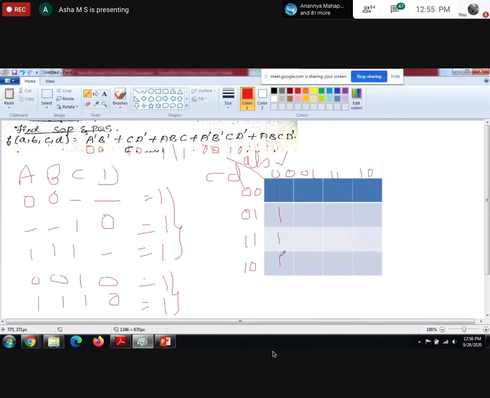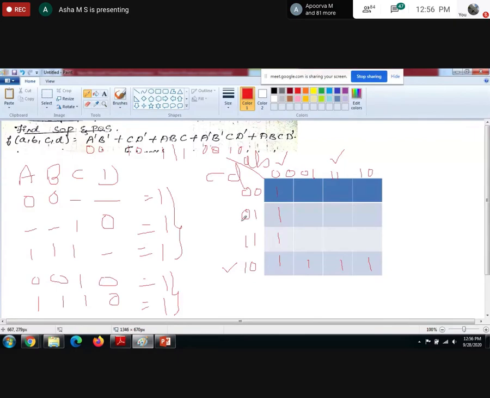Hope everyone is clear. Next is C D bar. C D bar is nothing but 1 0. Where can I find 1 0? Here. Irrespective of the value of A and B, place ones in this row. It's there already here, so you need to place the rest here. Next A, B, C. A equal to 1, B equal to 1, I will get in this row. Even C equal to 1.